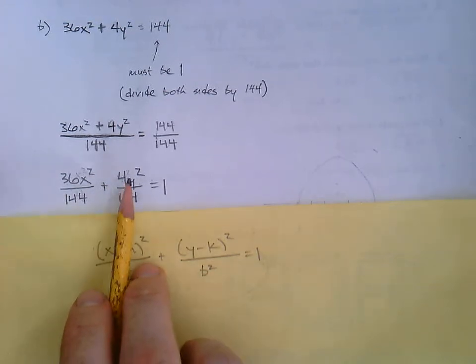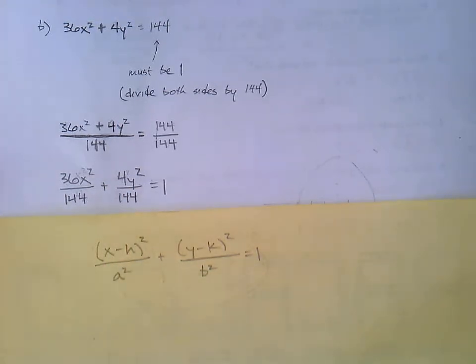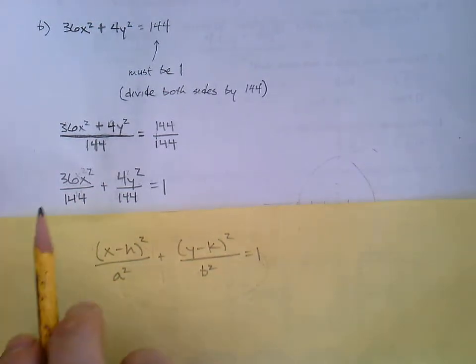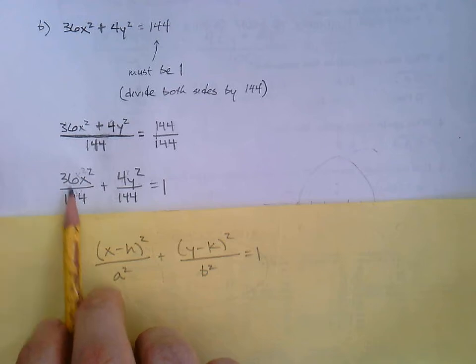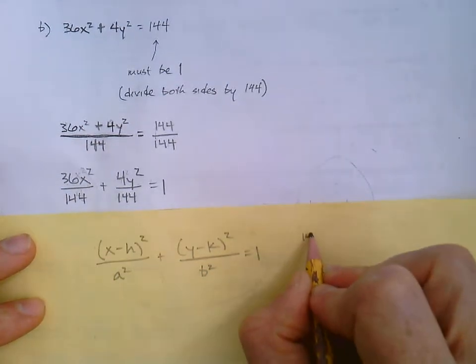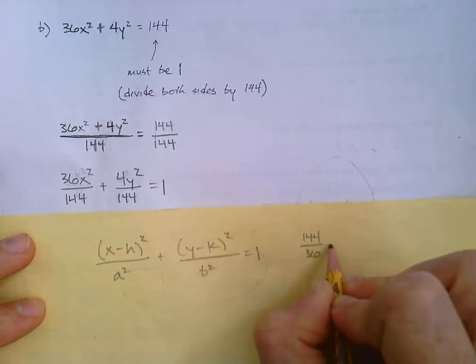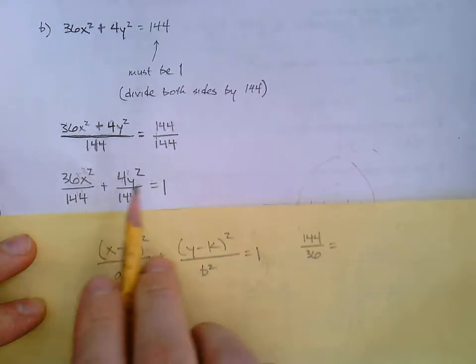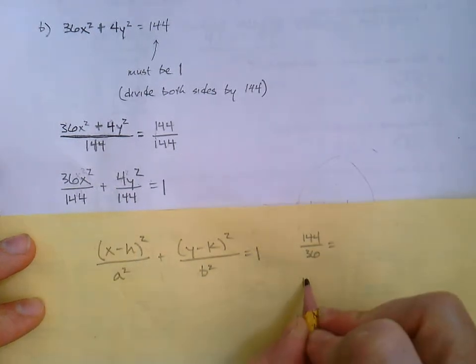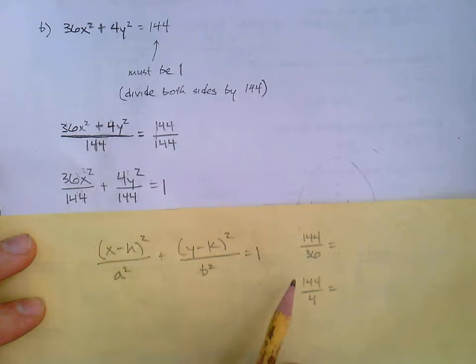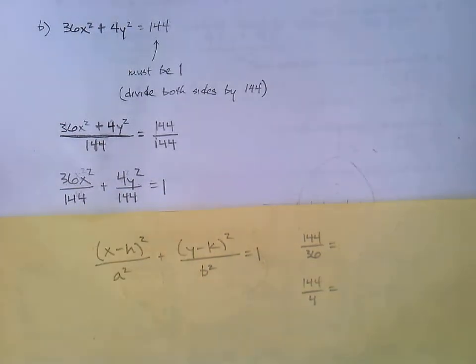So 36 over 144, 4 over 144. Now the best way to do that is to actually do it backwards from what it looks like. So where we see 36 over 144, do 144 divided by 36. And whatever the result is will be the denominator. And same thing here, do 144 divided by 4. And the result will just be the denominator since we flipped it. Well, if you do that,